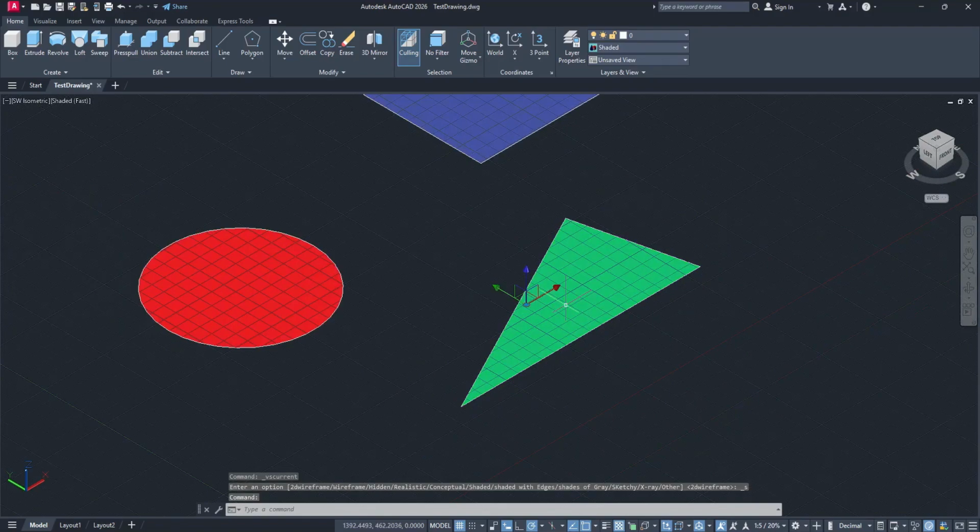And there you have it, all set to dive into the world of 3D modeling in AutoCAD. With these settings now configured, you're ready to start your 3D projects. Remember, transitioning from